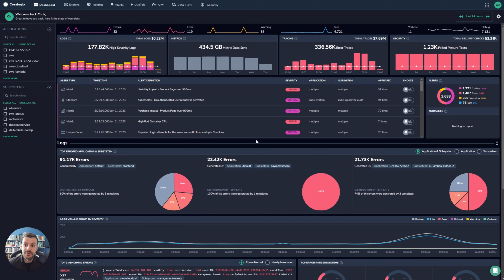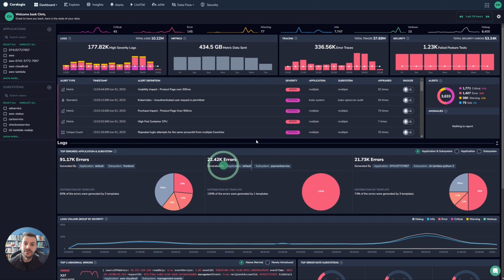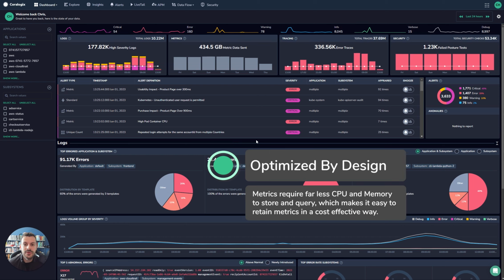Metrics in Coralogix form one of the fundamental pillars on which the observability platform is built. Metrics, simply, are numerical values stored in a time series fashion. That is, they are numbers stored over time. That way you can view numerical trends such as CPU usage, memory usage, latency, and so on. Metrics are really powerful because they don't require very much memory to hold, and they don't require much compute to query. This means that they can be held for a very long time, very cost effectively, and still maintain their